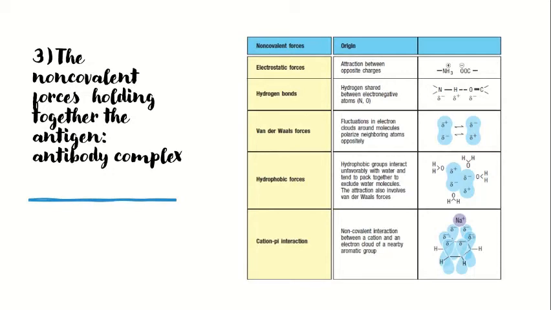Other than these, hydrophobic and van der Waals forces operate over short ranges and serve to pull together two surfaces that are complementary in shape. Electrostatic interactions between the charged side chains and hydrogen bonds that bring together various components also strengthen the interaction overall. So these are the various electrostatic and other forces that operate to control the interaction between the antigen and the antibody molecule.